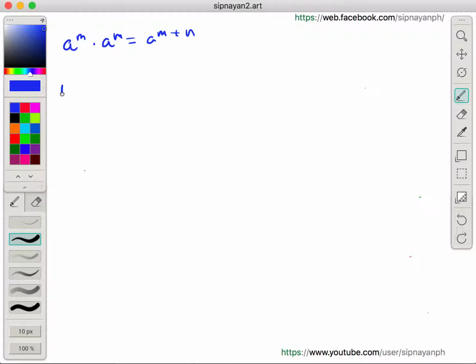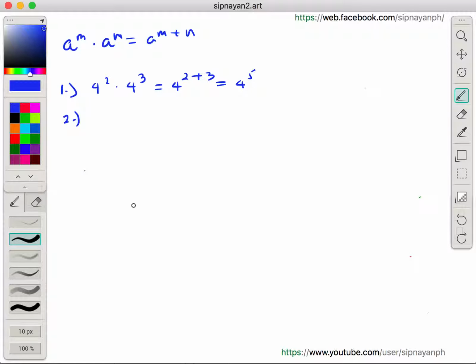So let's have our first example. What is 4 squared times 4 cubed? So i-add lang natin. Sabi, pag same base, ang base niya ay 4, we just add the exponent. So this is equal to 4 raised to 2 plus 3, which is equal to 4 to the 5th. Of course, pwede nyo yan i-compute kung ano yung value ng 4 to the 5th, but in this case, hindi naman siya relevant. Siguro sa test na lang, pag nag-test kayo, tatanungin nyo kung